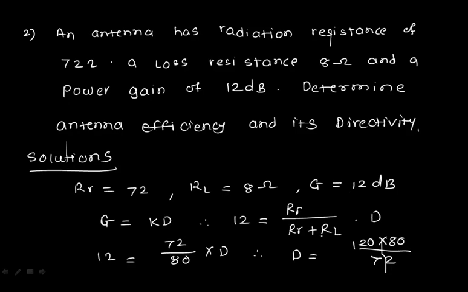you can put all these things in directly. Otherwise, you can go for a separate calculation of this value, RR by RR plus RL, which is 72 by 80, which comes to K here. We have already calculated 72 by 80, which is 0.9, and you can multiply. Whatever you get here is the gain. Now we are interested in the gain. So G is equal to